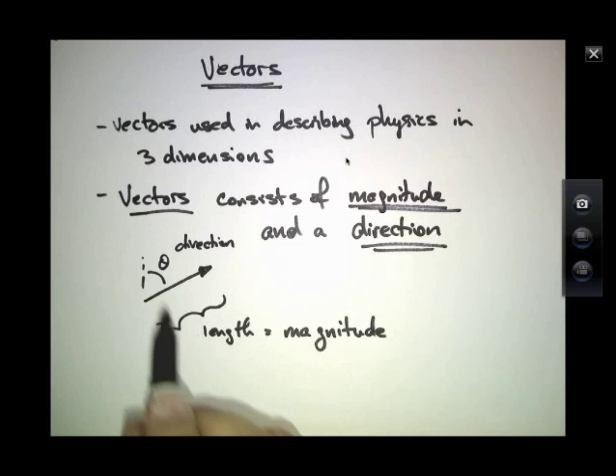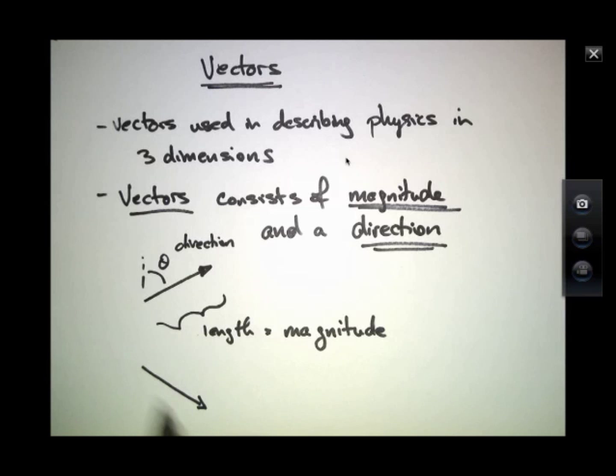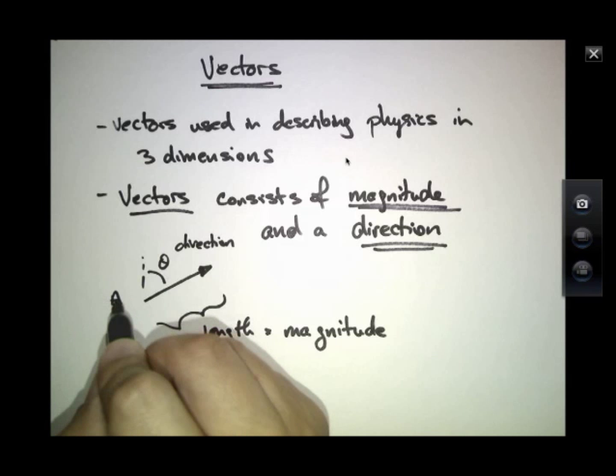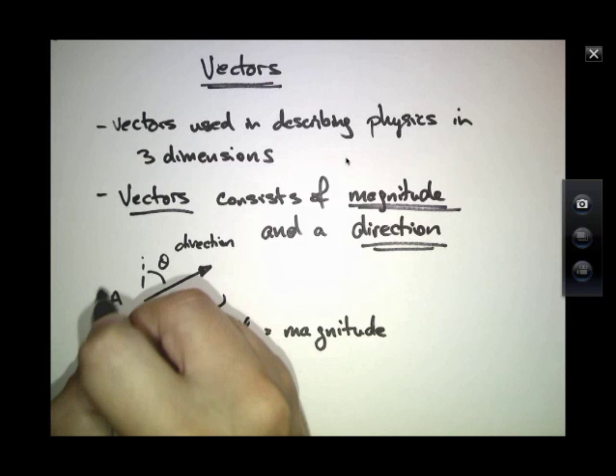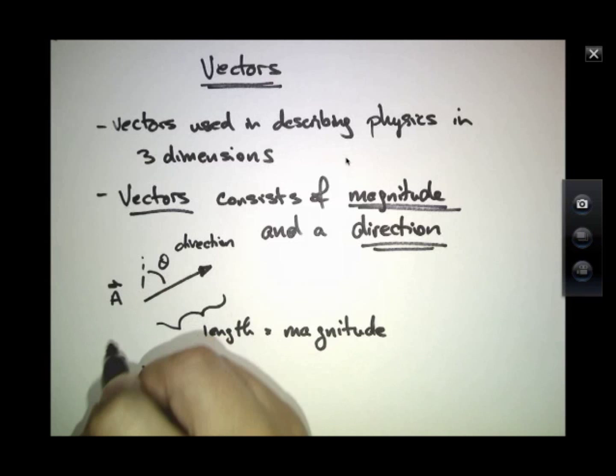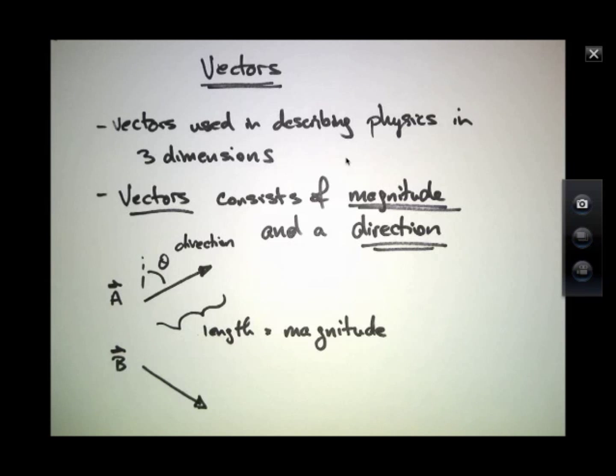So in that sense, this vector might have the same length as that vector, but these two vectors are not the same because even though they have the same length, they have a different direction. Vectors are usually denoted with a little arrow over the letter representing the vector,